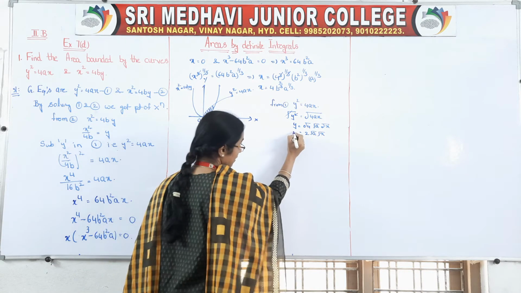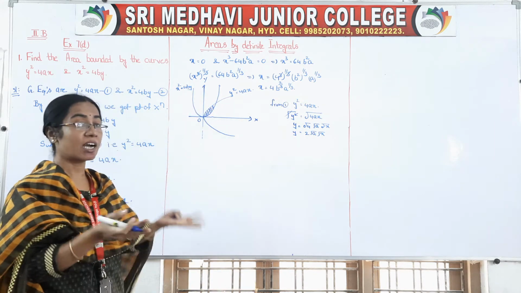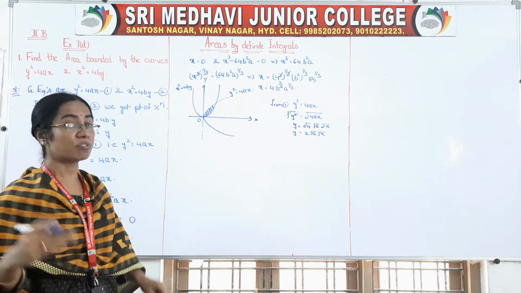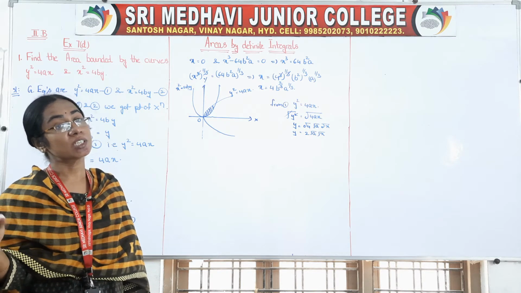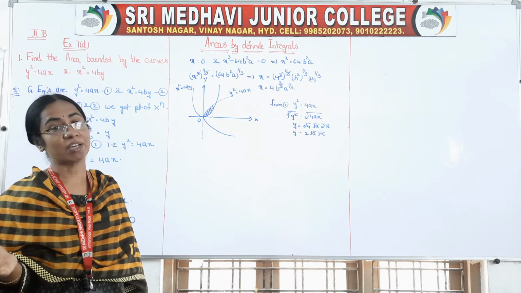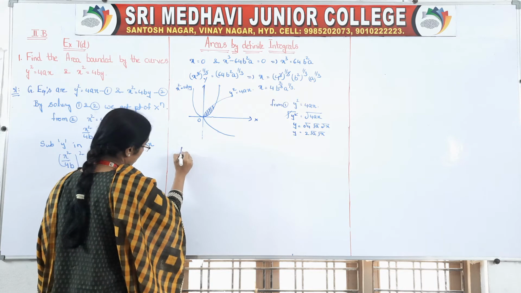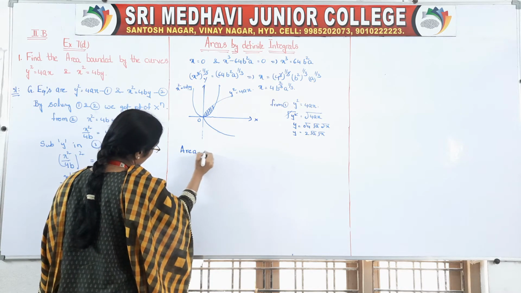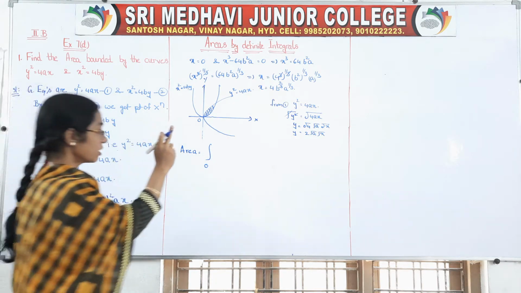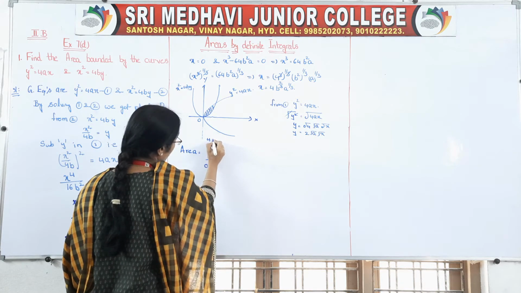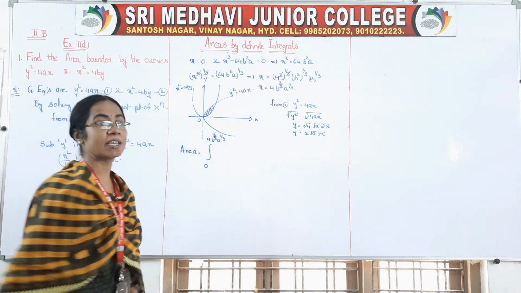This is our first curve. That means the curve which comes upwards of the area. In the area we have to see the curve which comes upwards, and that curve minus the equation of the curve which comes downwards we have to take while finding the area when two curve equations are given to us. So come on, we will write area is equal to integral from x is equal to 0 to, we got x is equal to which value? That is 4b to the power of 2 by 3 a to the power of 1 by 3, right?